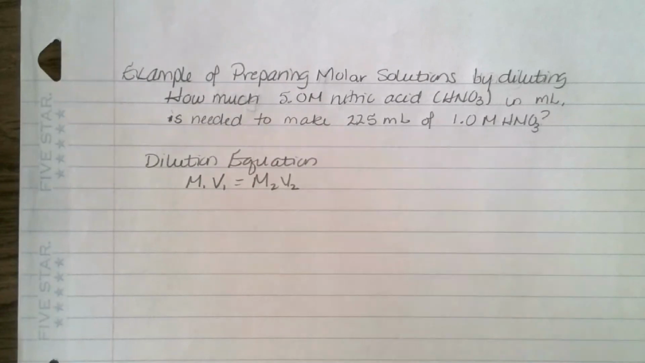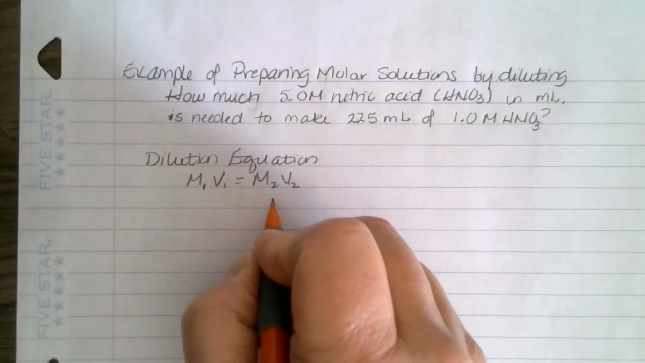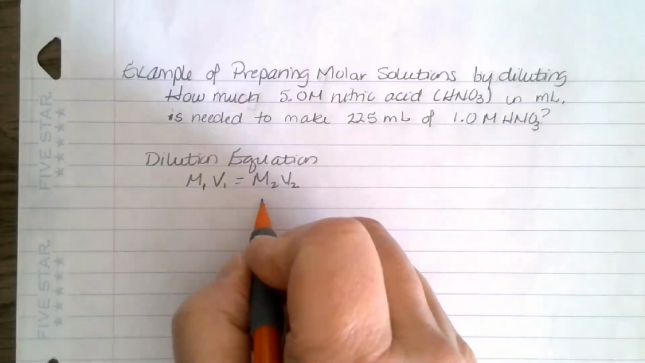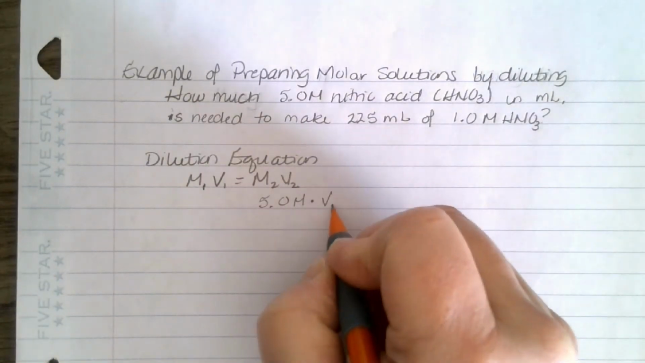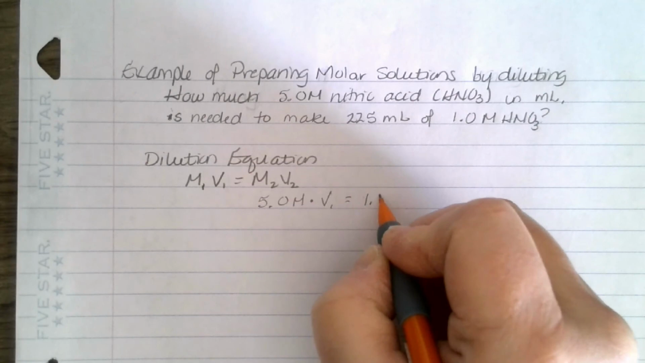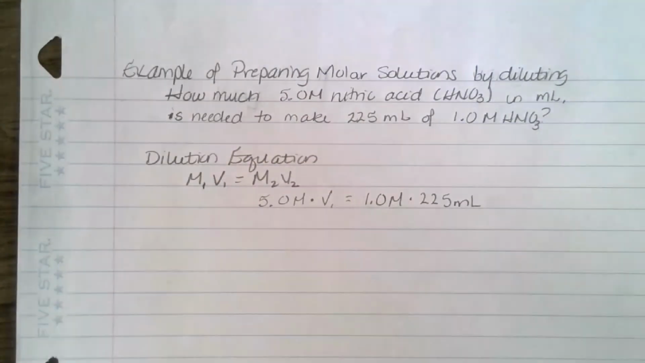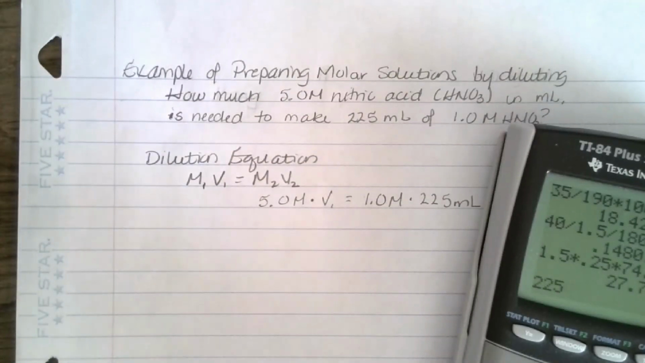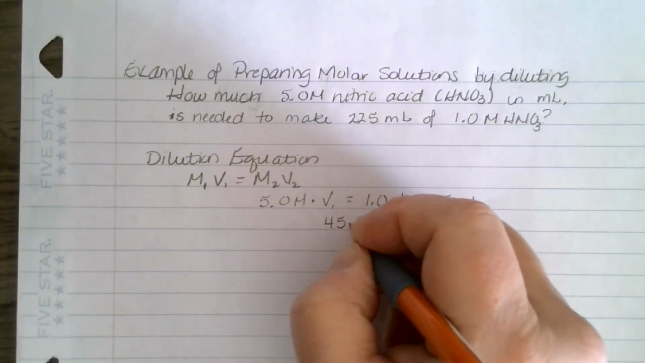So the question is, how much 5.0 molar nitric acid in milliliters is needed to make 225 milliliters of 1 molar nitric acid? This is probably my dilution equation. I take the molar times whatever volume I need to get 1 molar times 225 milliliters. I math it. 225 divided by 5, and I would need 45 milliliters